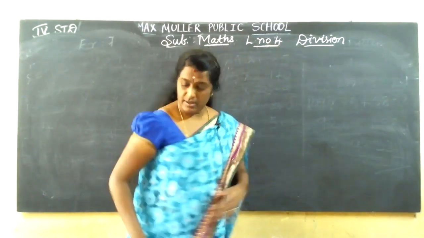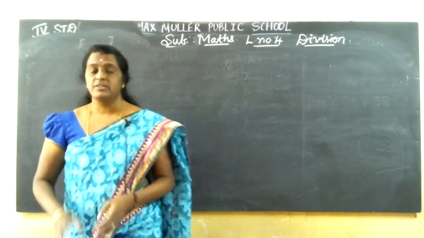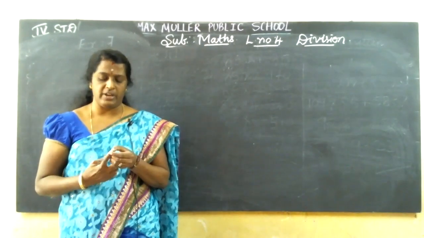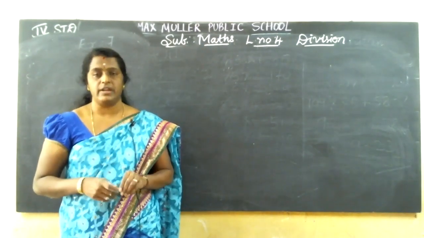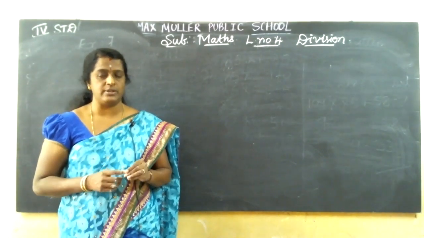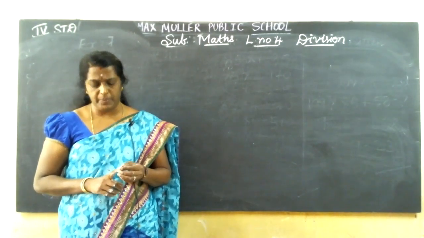Yes. Still, how many sums are there? 4 sums are there, children. Just you practice all these 4 sums. You just try, okay, and show to your parents in a rough book. What I did on the board, you saw, I explained. Yes, no, children. So you practice other 4 sums. We'll go for word problem.